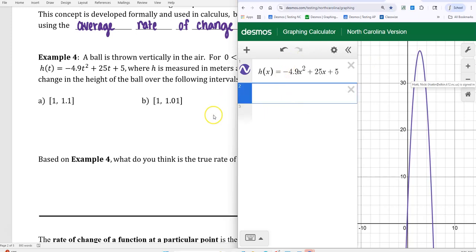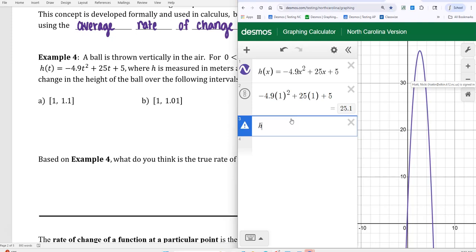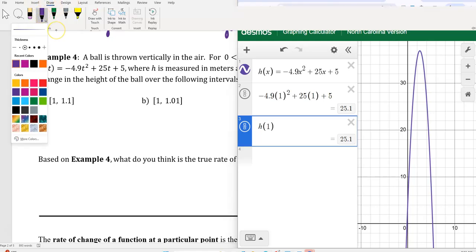So if I look at 1, right? If I plug in 1, here's the cool thing: I could do negative 4.9 times 1 squared plus 25 times 1 plus 5, right? And I'm going to get 25.1. But you can also just do h of 1, right? Desmos plugs it in for you if you do it that way. So if I do h of 1, it gives me 25.1. So I know that I've got the point